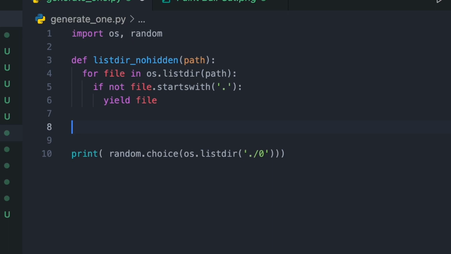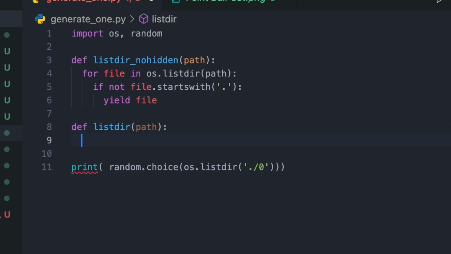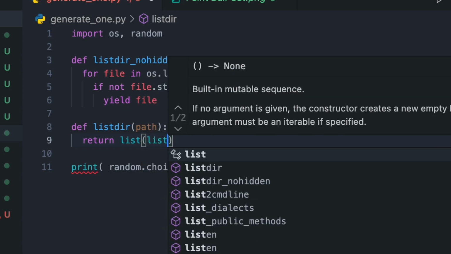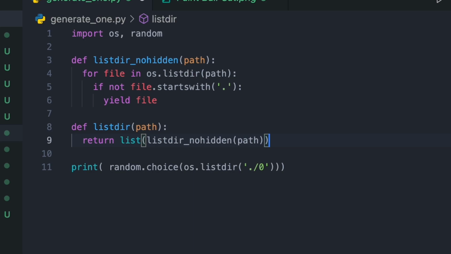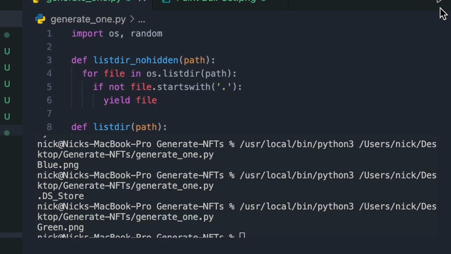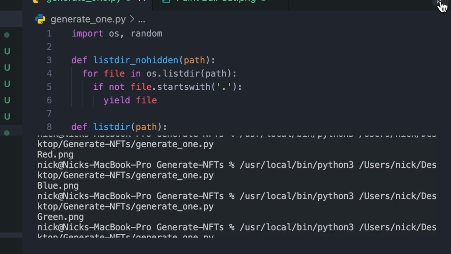Now I want to turn this into a list as well because it's not going to return me a list, so I'll create yet another helper function. Return a list directory no hidden path. Okay, so now we just use our new function, list directory, and run. There we go, green. If we can run this a billion times, and I promise you there will be no hidden DS code file